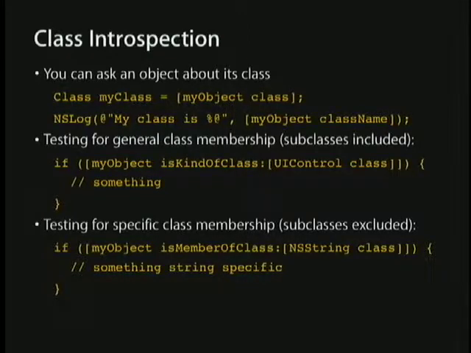You can do some pretty cool things. So if you have an id and you don't know what type of object it is, you can ask it what type of object it is, or you can ask it if it is a particular type of object. So if we've got my object, we don't know necessarily what it is, but we think it might be a UIControl. We can ask it, isKindOfClass: UIControl class? UIControl class returns the class object for UIControl. And we can just ask my object if it is one kind of that class. So isKindOfClass will return yes if the object is either that class or any of its subclasses.